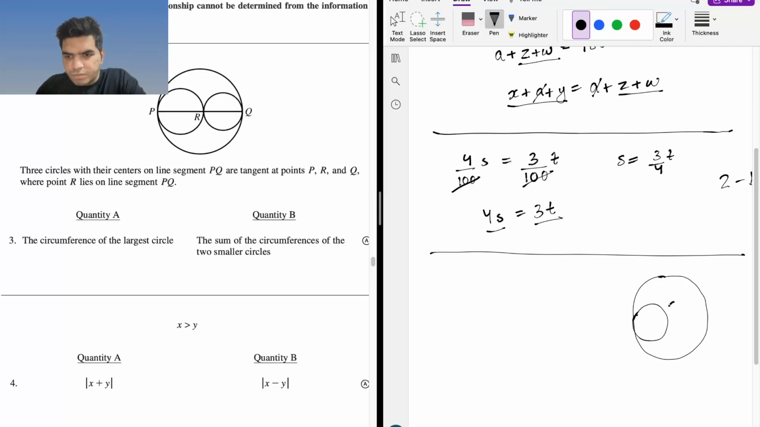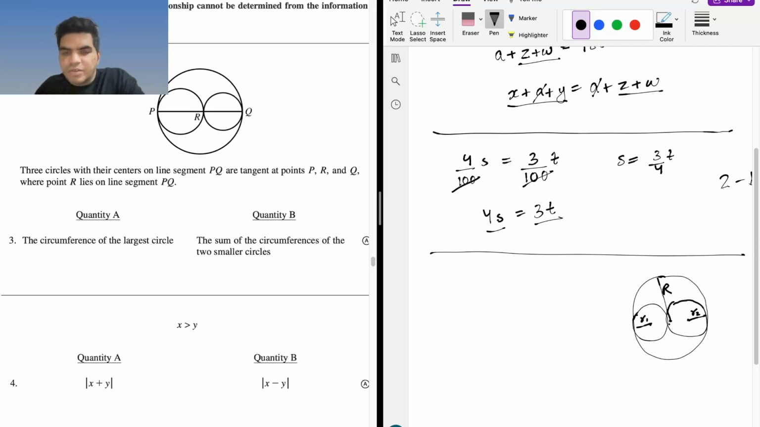This is smaller, or let it be anything. We really don't care right now. So let's say this is capital R. This is R1, the small one. This is R2. Now we are aware that R1,